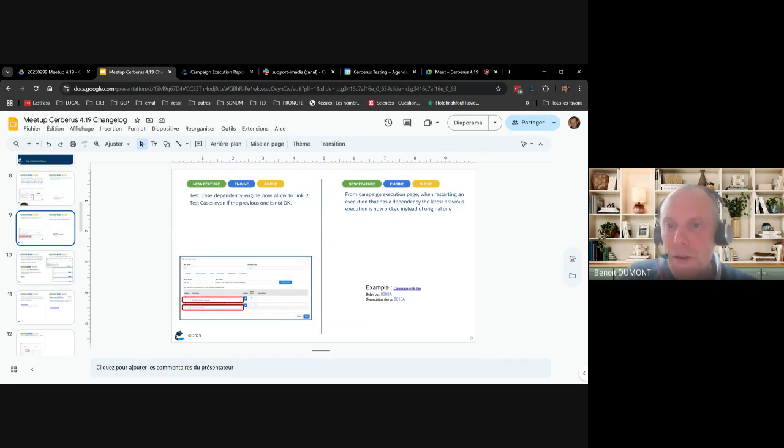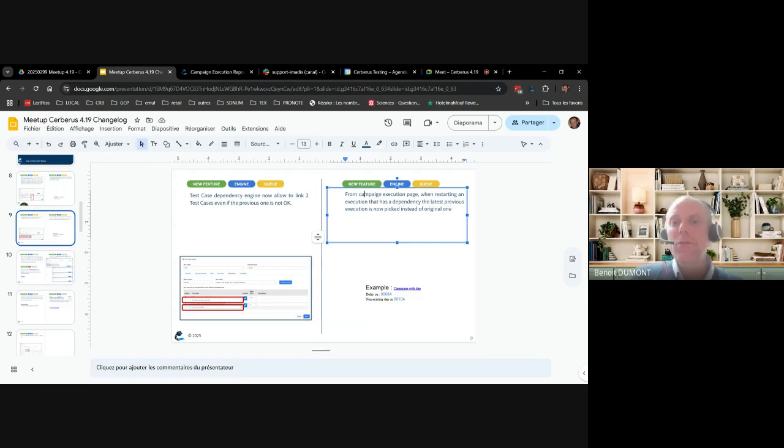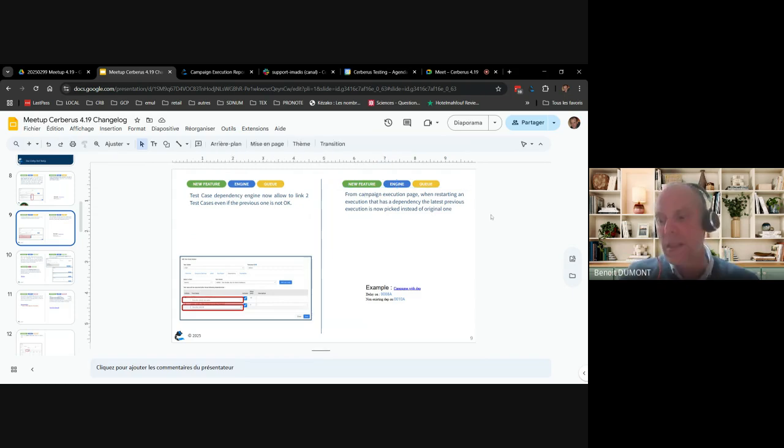And the last feature is that when you had test cases that had links between them inside the campaign, previously, if you were re-executing inside the campaign the first test, even if you were executing the following test, it was still pointing to the previous data, the original data that has been created, so original properties coming from the first execution. So now if you resubmit any execution, it will by default take the latest data from the attached and linked execution.